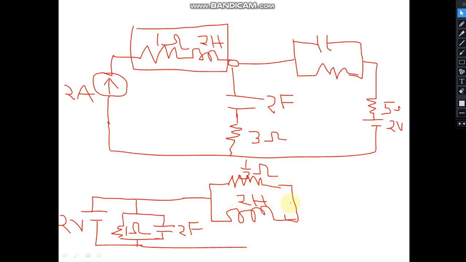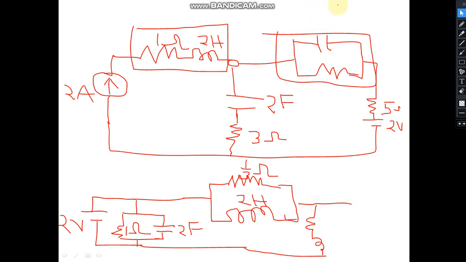Then after this we are having this shunt branch. So this next shunt branch will be replaced by a series branch. This is a parallel combination, this is a series branch. This will be replaced by a shunt branch. So now we will be having a series combination. This is a parallel shunt combination. Instead of this we will be having a series combination, but this is connected in series. Now this will be connected in shunt.